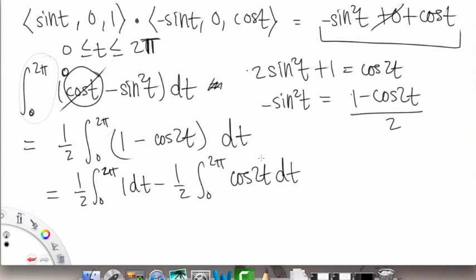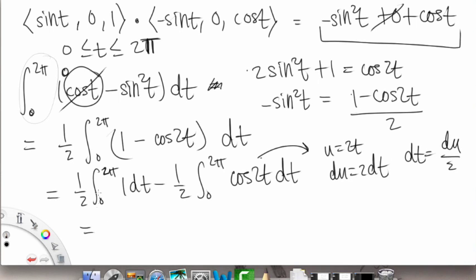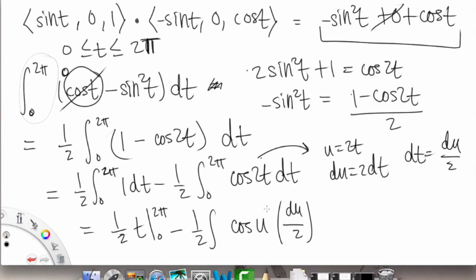And this becomes, let's see, if we do u substitution, that would be u equals 2t, and du then equals 2 dt. So dt equals du over 2. When we plug that in, we'll simplify this one first. So we get 1/2 times t as t goes from 0 to 2 pi minus 1/2, and we're going to get rid of the bounds because we're switching into u's now. So we get cosine of u, and then dt is now du over 2. So that turns into a 1/4 in front. So we get a 1/2 times 2 pi minus 1 over 4, and then in the integration, this goes to